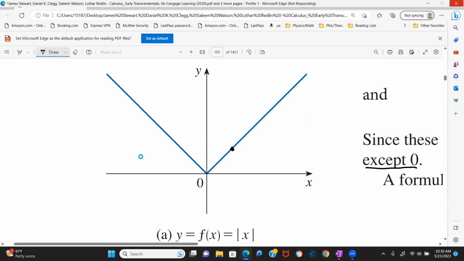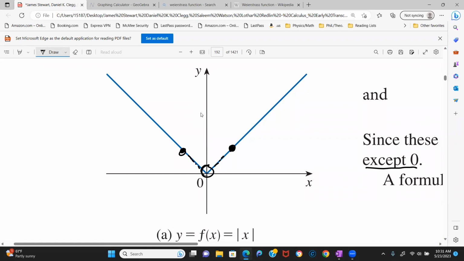Anyway, the reason why it's not going to be differentiable at zero is because if you consider tangent lines on the left and then on the right, getting closer and closer to zero, but not at zero, the tangent lines on the left of zero are going to have a slope of -1, whereas the tangent lines on the right are going to have a slope of +1. So if you take the left and the right hand limits, they're not going to be the same. You're going to get different numbers. So that's roughly why